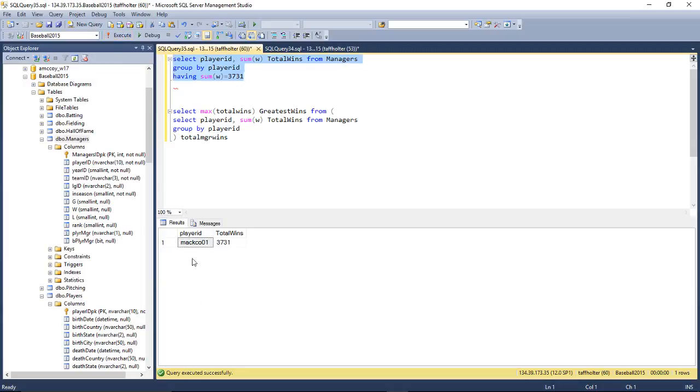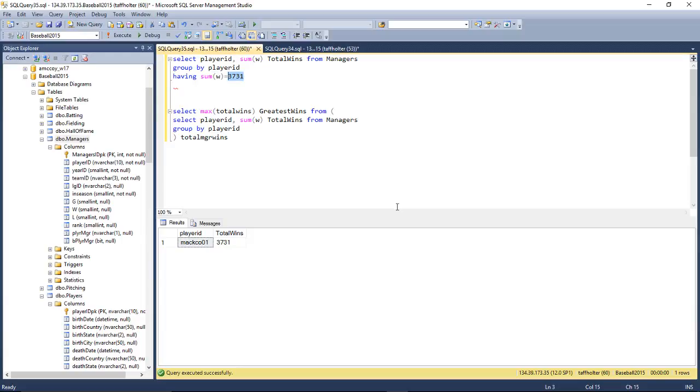And there it is. I've brought open, then at that point, Connie Mack. We'll find that out in a second, but that player ID, and I get the total number of wins. That's what I'm ultimately looking for, but the problem is I've hard-coded that 3731 in. I want that to be generated. I don't want to hard-code it in